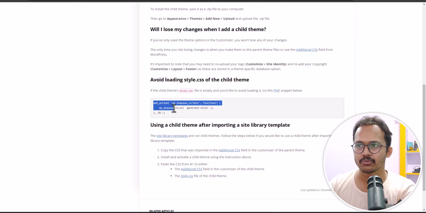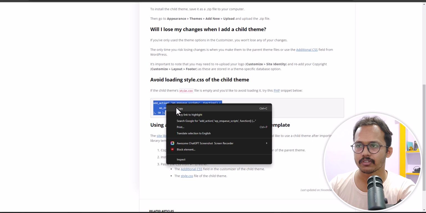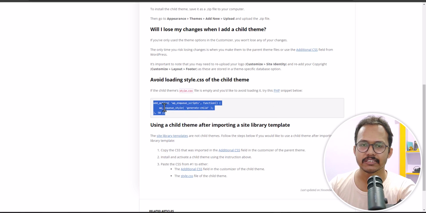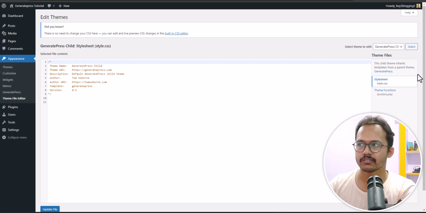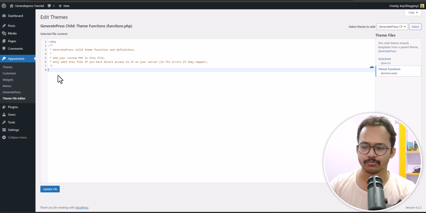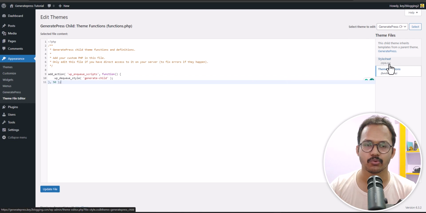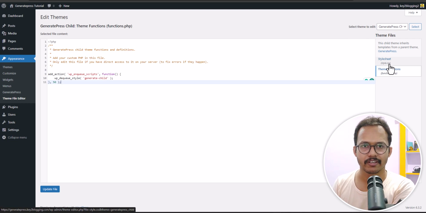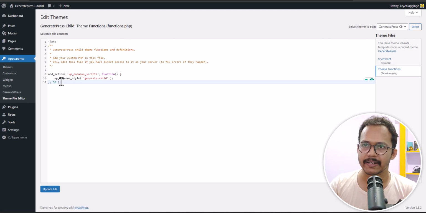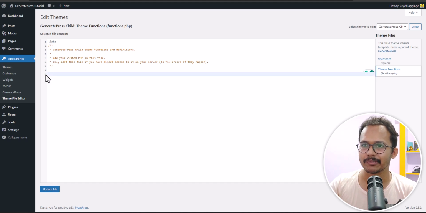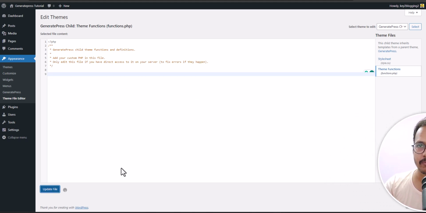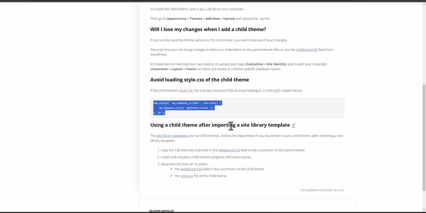So simply just use this function.php file here, and you can easily put it in the PHP here main function. So if you put this here, then this style sheet style.css won't be loaded in the front end. So in this way you can block that style sheet or style.css file from the front end. And if you want to add your custom CSS file, then you can leave it like that. So let me just update it here,